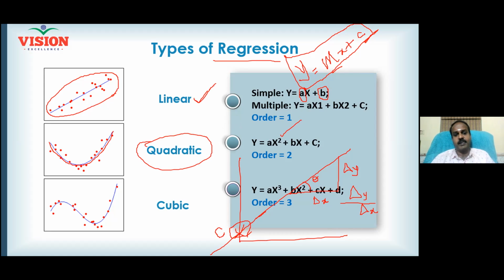And sometimes what happens, if you visualize the pattern, it is going up, coming down, again going up. We call it cubical. The moment you understand there is up and down and again up and down, this kind of thing happening, then it is cubical. This is called cubical. So whether x should come in your equation or x squared should come in your equation or x cube should come in your equation, the secret lies in your scatter diagram.